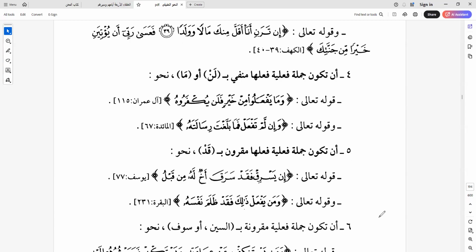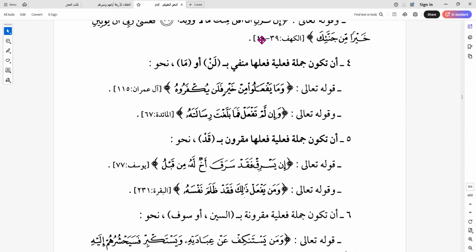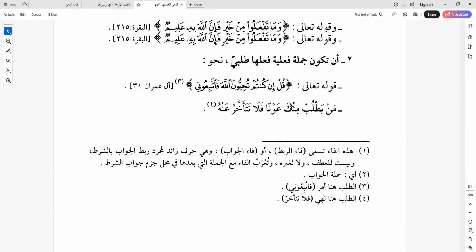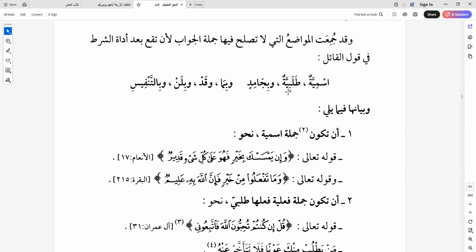So let's look at tasweef. Or let's look at what we call at-tanfis. Remember the word tanfis. Let's go back to where we started. There was tanfis right there. At-tanfis. What is a tanfis? That's the next thing we're going to look at. When we say tanfis in Lughatul Arabiya, a tanfis is what we call taghyir, تغيير